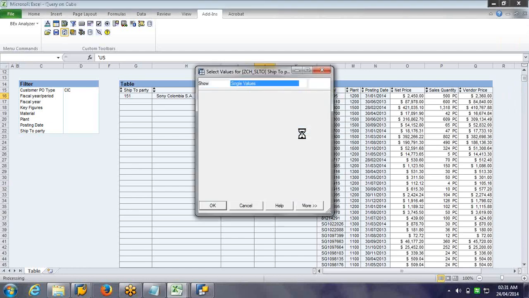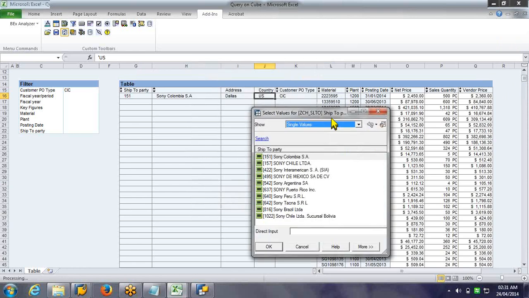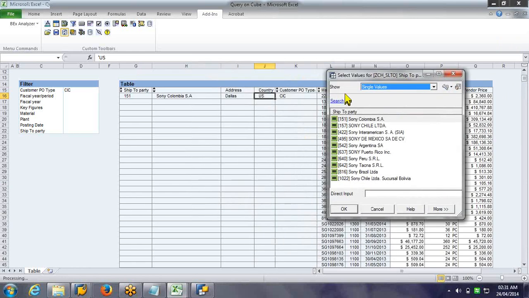Can I filter on address is my question. If you see, I am filtering on country, but am I getting country names or ship to party names? Ship to party. The reason is country is not a target. Country is not having any master data.